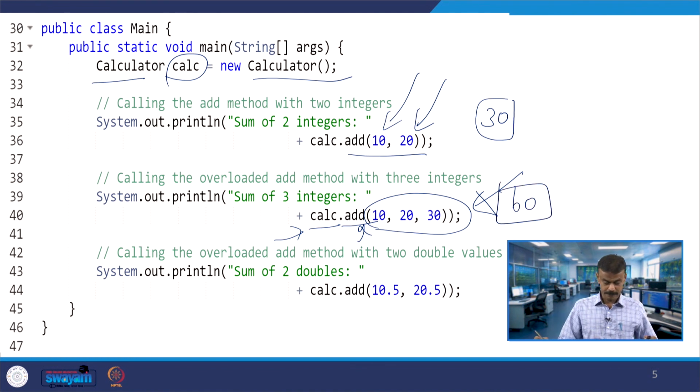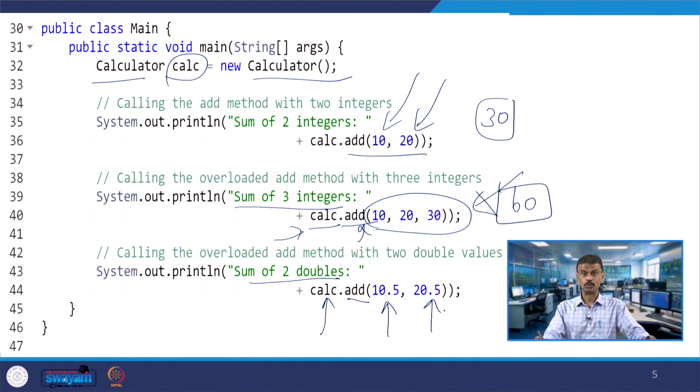And finally, you have the sum of two doubles. Here it is the sum of three integers and here you have the sum of two doubles. This calc object invokes add, and you are passing two double values, 10.5 and 20.5, right.